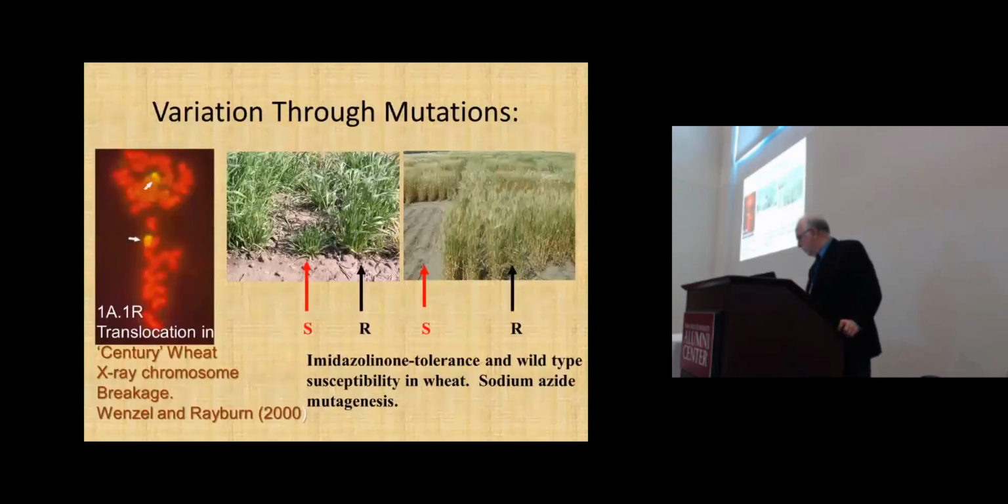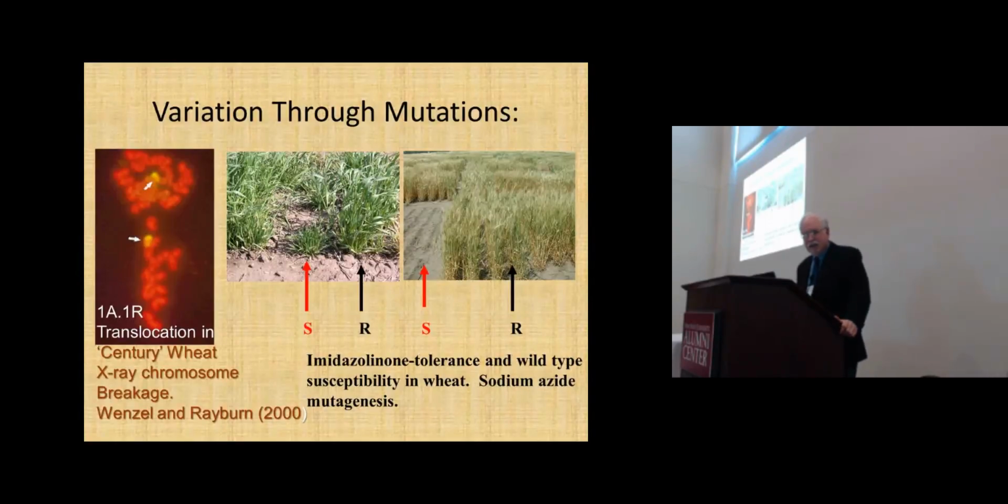Now, I'm going to want to spend a few minutes talking a little bit about mutations, because we're talking about variation, and I don't want you to think that all of our germplasm only comes from crosses. Now, there is no transgenic wheat anywhere in the world because of consumer acceptance. I hope to live so long to see transgenic wheat. I'm a big proponent of that. But right now, commercially, there's none. Mutations. There's two types of mutations.